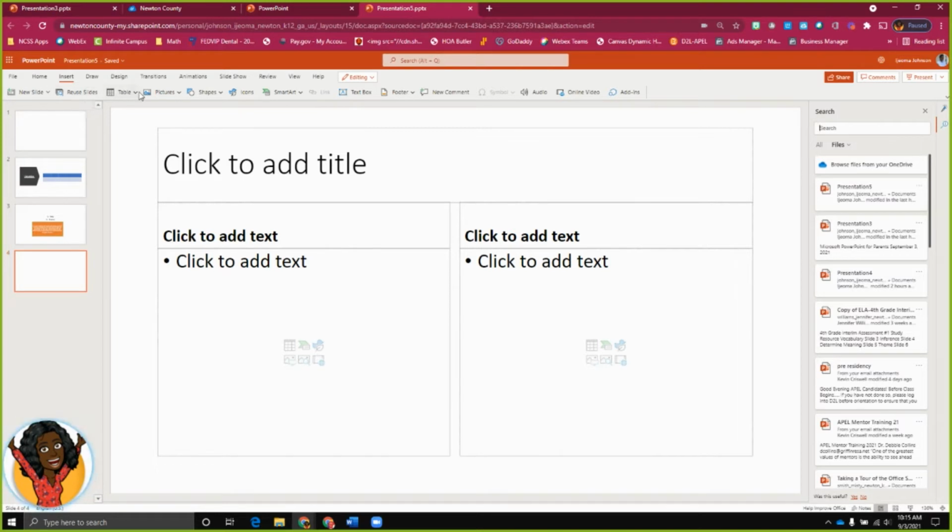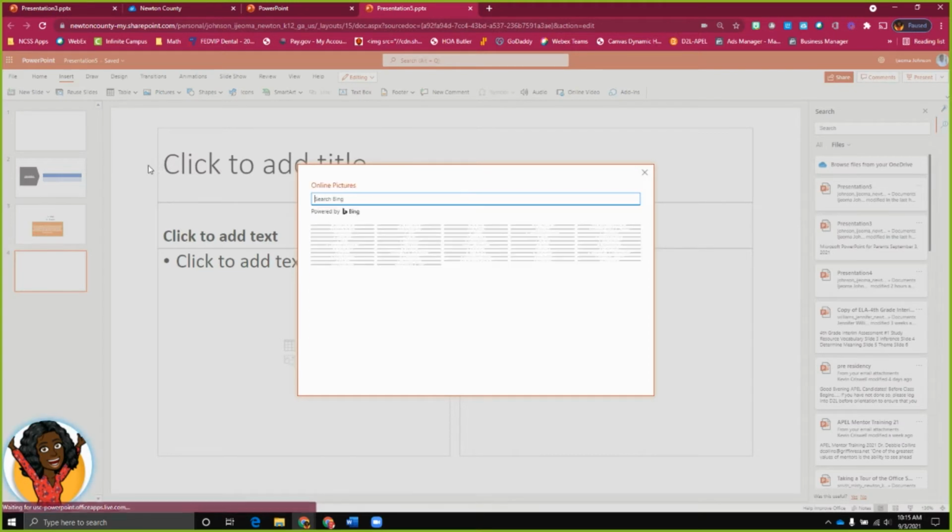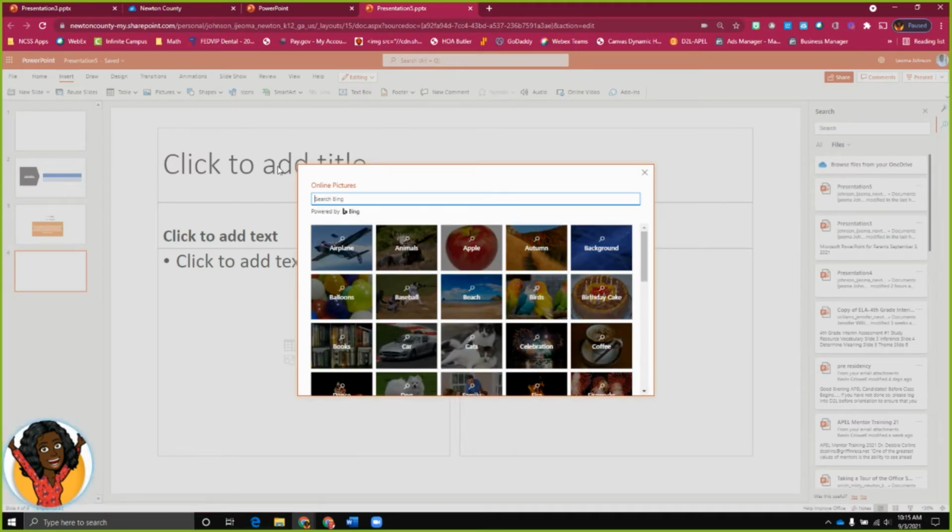So you can reuse. Again, we've already looked at how to insert a table. Now in this option, we also can insert pictures. So I can click insert a picture and I have options. I can go to where there's a picture saved on my computer or my OneDrive, or I can use Bing or stock images. Bing is not really my favorite search engine, but it's a search engine like Google